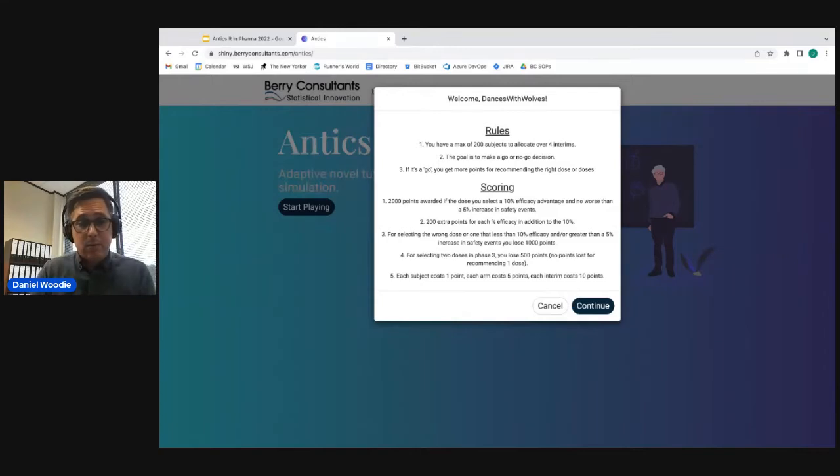Again, we have rules here and scoring. I will go over the rules. The scoring has a lot of detail and a lot of nuance, and we tried to put the scoring in a way that maps to a lot of the emotional side of running a dose finding study, whatever that may be. But for the rules,